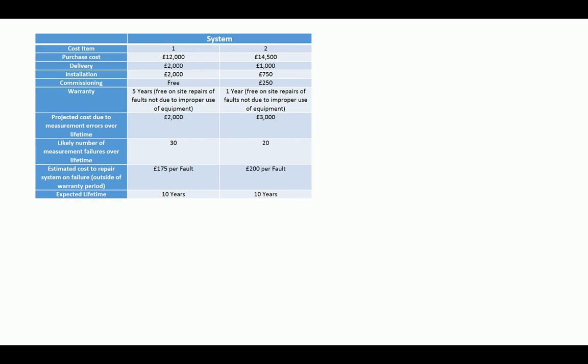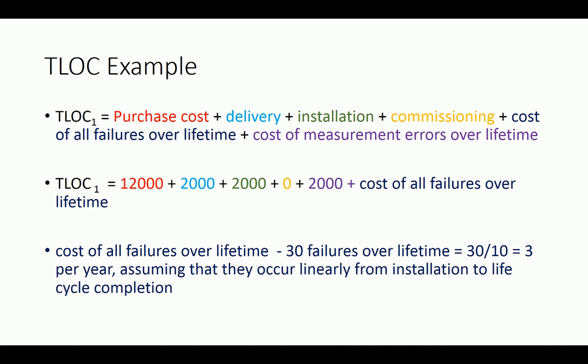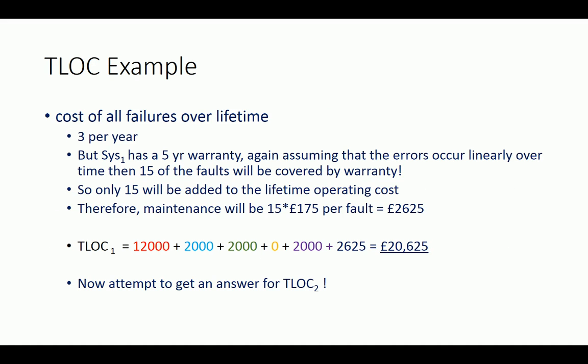So we have £175 per fault, 3 faults per year over 5 years. And you see here on the next one, 3 faults per year, £175 per fault, which is £2,625 of errors that your company needs to pay for outside of the warranty period. So T-Lock 1 was 12 grand, 2 grand, 2 grand, and then obviously the faults come to a grand total of